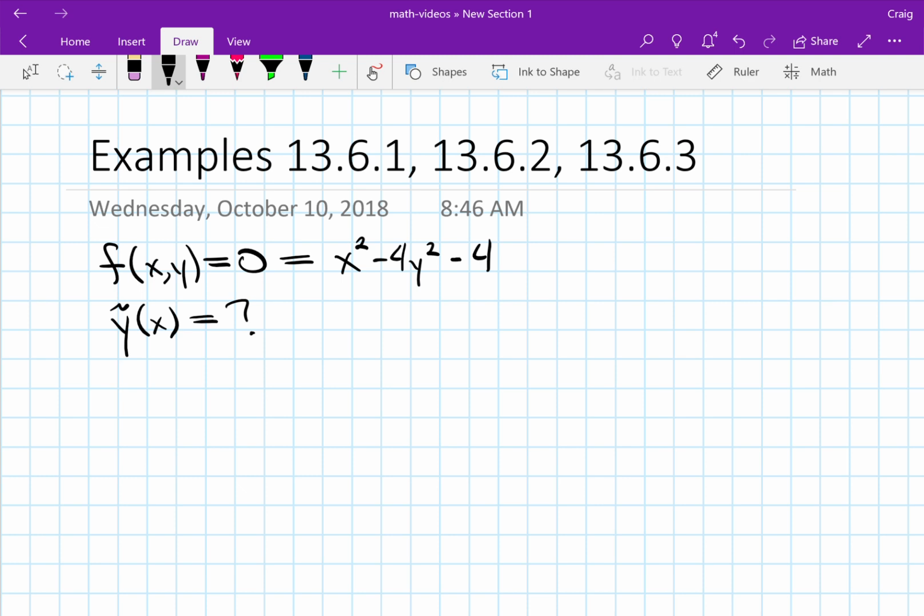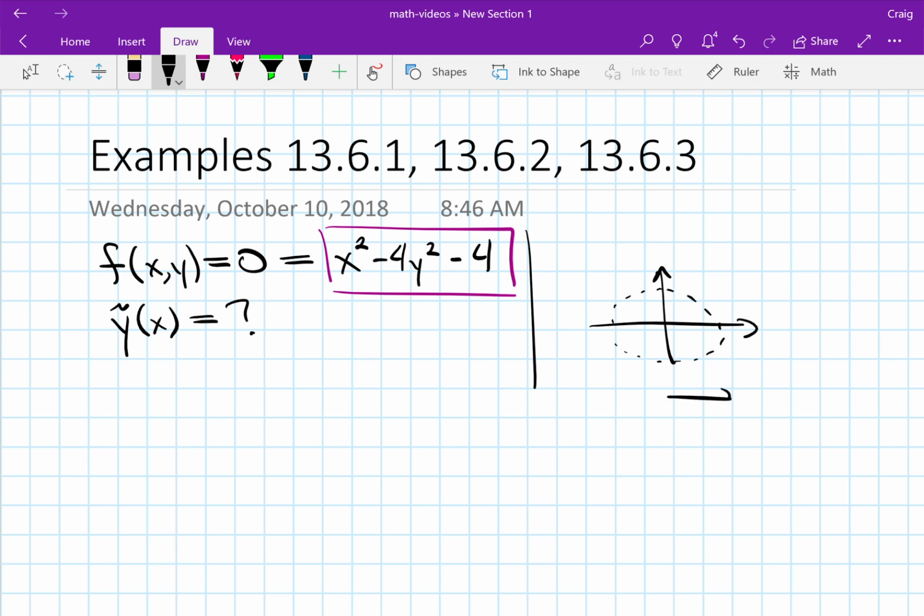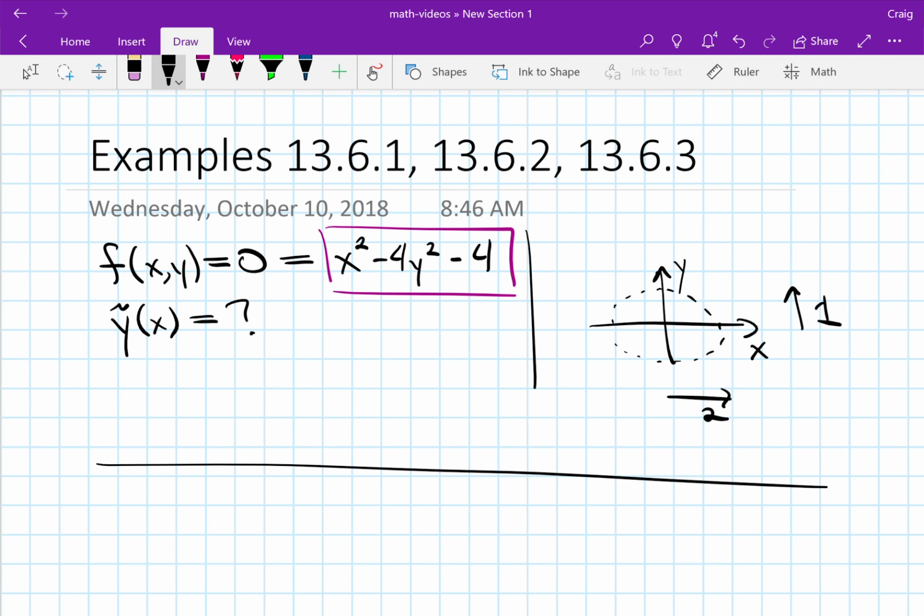Example 13.6.1 is basically phrased in terms of conic sections. We know, because we're old and wise, that the real solutions x and y to that relationship form an ellipse in the plane with a 2:1 aspect ratio, if this is x and that's y. Now the question is, starting at some particular value of x and y that does satisfy that relationship, can we construct the implicit function y tilde starting at that point x? And so the theorem